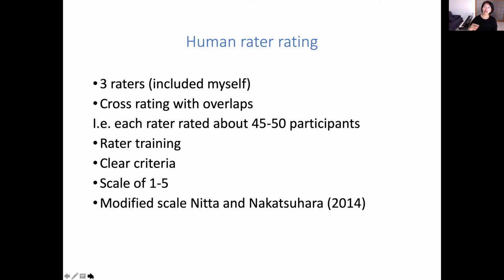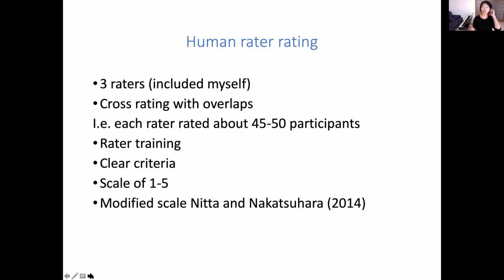So one of the biggest arguments is that with any speaking research, you really have to add human raters so that they either rate the participant either holistically or analytically. Okay, in this case, I use 3 raters, including myself, and I did some cross-rating with overlaps, which means that